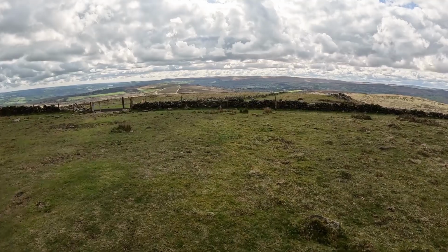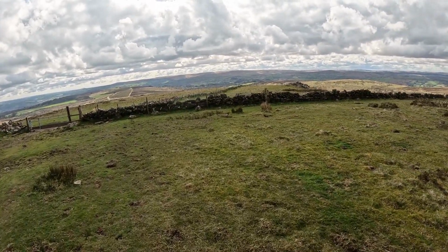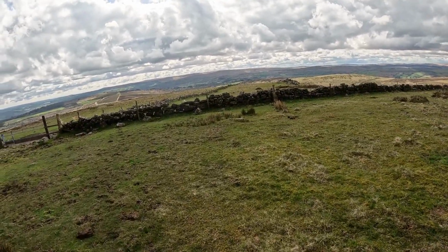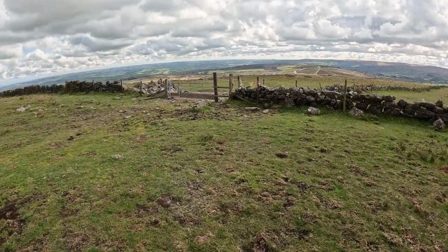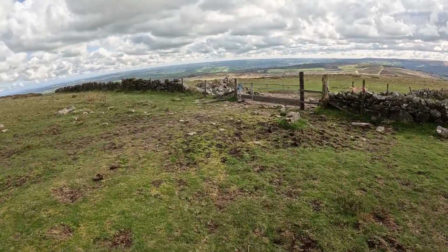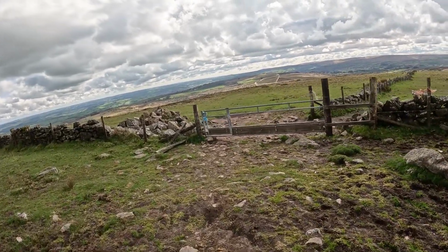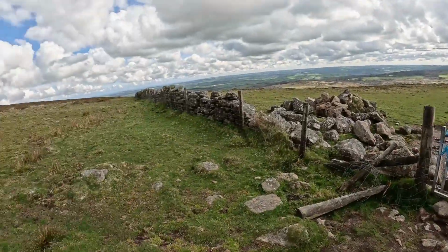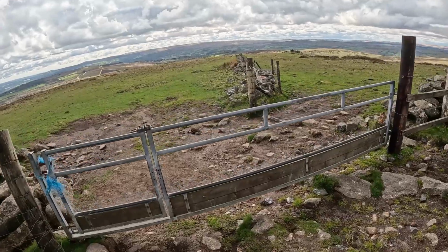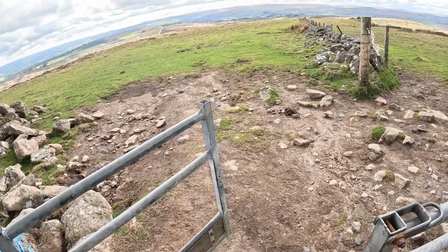Alright, so what have we got here? Access is not looking as good as I thought. Is this just walled off? I mean, there's a track shown on the map, but can you get through here? Is this doable? There's a gate. Do you just go through the gate? I mean, the rest of it's barbed wire and stuff. Oh, hold on. Oh, that's really easy. Okay, never mind. I thought that was gonna be...